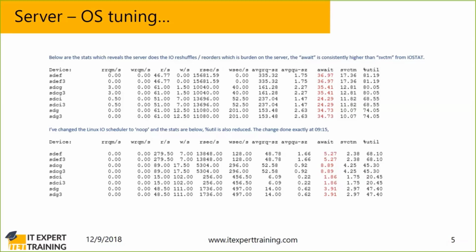Before we arrived at this conclusion of setting the IO scheduler to Deadline or Noop, we were struggling for almost a year, I believe, when we migrated the storage from, sorry, there was some vendor, I think Hitachi. Yeah, Hitachi storage.